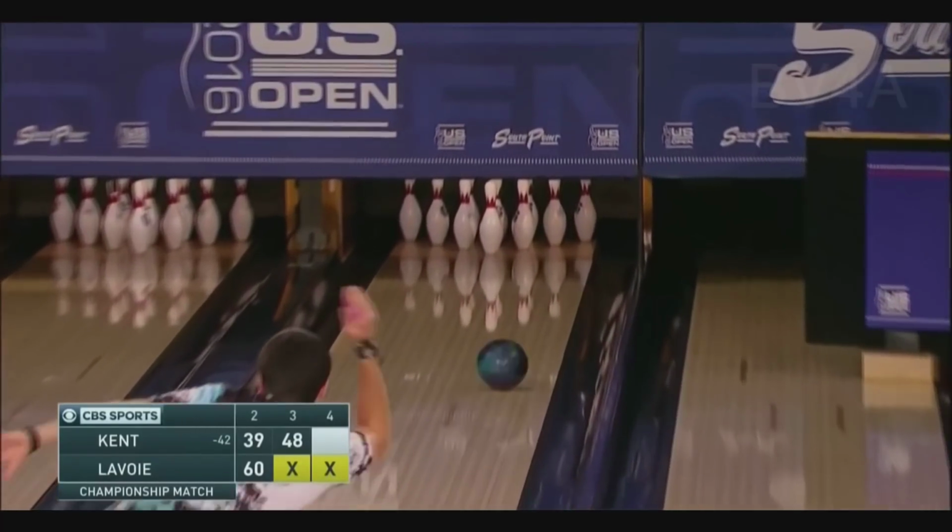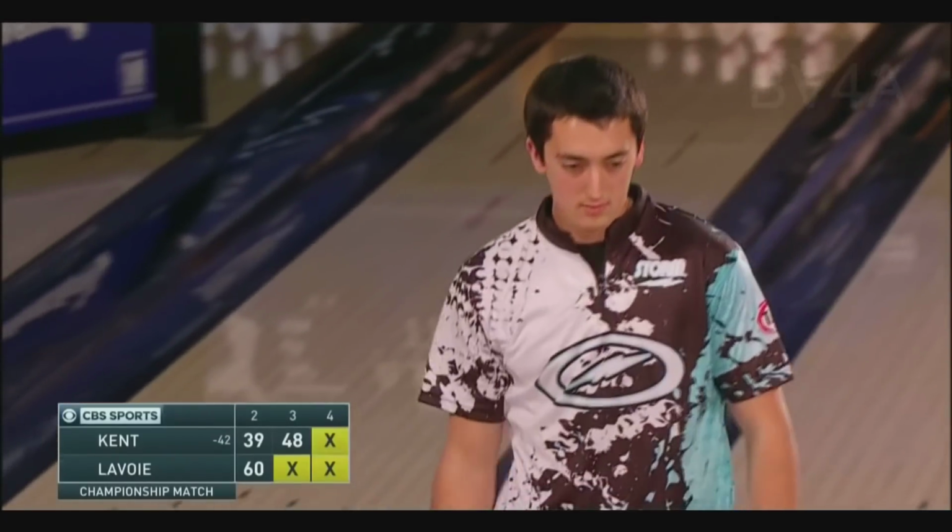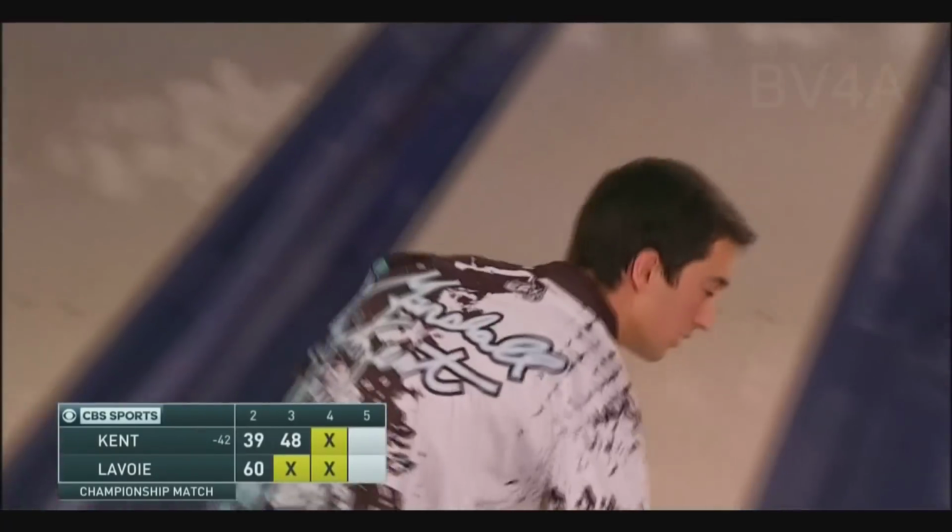Back to Kent. Got to be a little shell-shocked. Wow, that's the best shot he's had so far. All 10 down. Ball change. Went to a ball that didn't arc out quite as much, went a little more direct with that. Calls for a re-rack here, Marshall. It's the timeout of bowling. 4th in 2013 was his best to date for Marshall. Yeah, and the pocket 7-10,